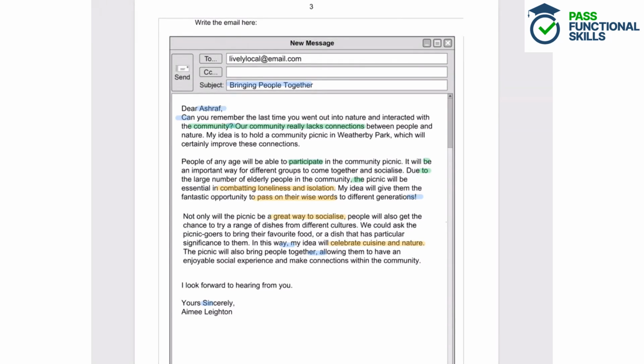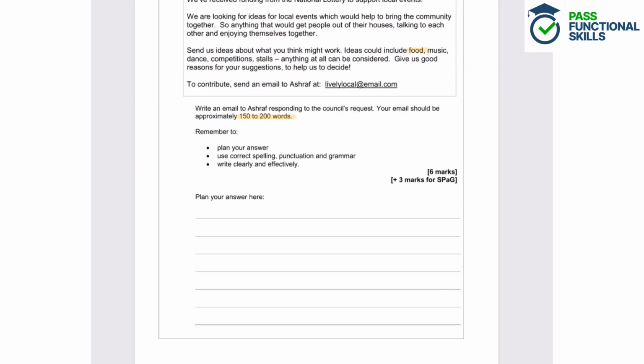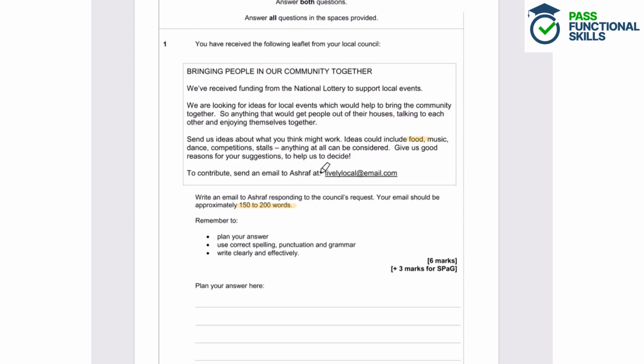Now let's think about how this has been formatted. So whenever you're thinking about formatting or organising your answer, you need to think about the text type. And really helpfully, we have a reminder of this here. So we've been told that we need to write an email. And we've got this really helpful template that will help us out with this. So we know that we will need a to address. We've also got a little CC box, and you can leave that blank because we're not wanting to email anybody else. We're just wanting to use the email that was given in the question,